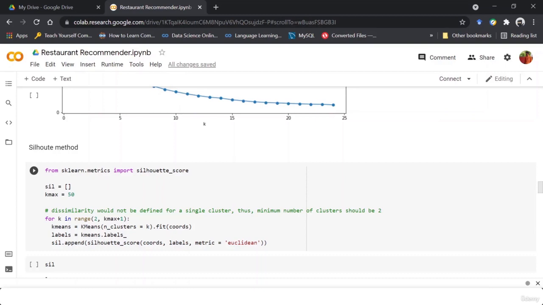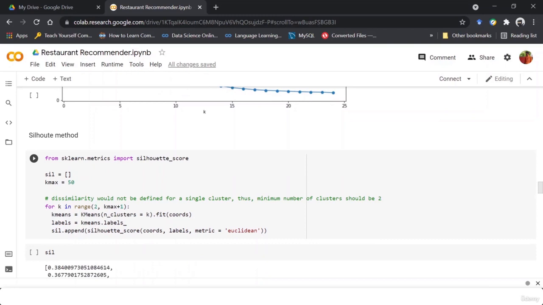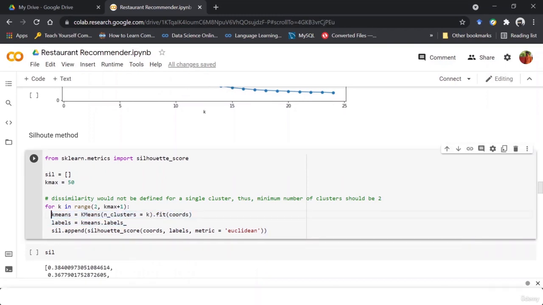Let's say that is B. And the average of point 1 from the points in the same cluster is A. So to calculate the silhouette coefficient, I would write B minus A upon the maximum of B and A. This is what is happening under the hood, and that is actually being done here and then here.